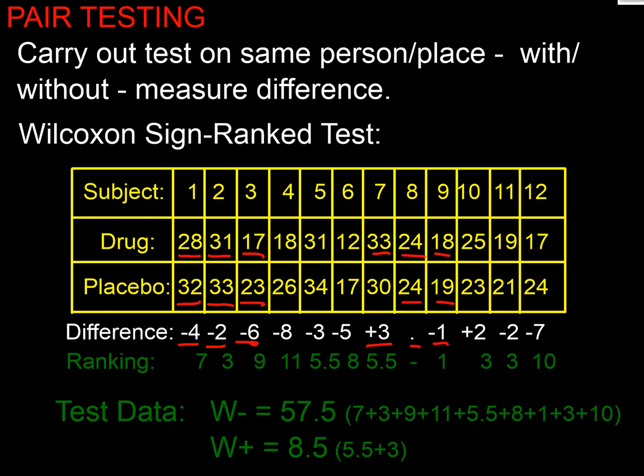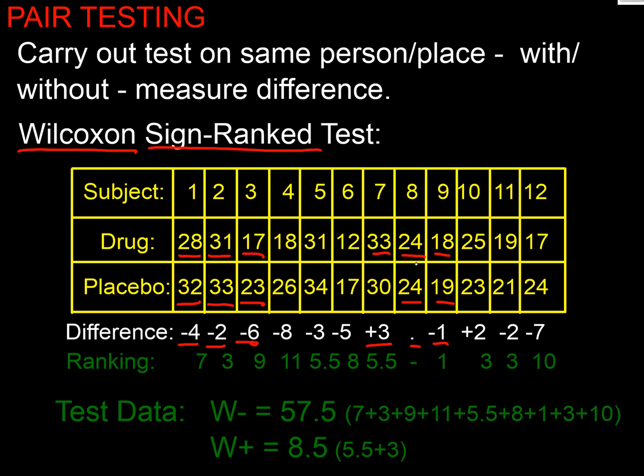So here are our differences, and now we're going to head off into our Wilcoxon signed rank testing as we did before. So what do we do? We've got to rank all this data, and I've put a couple of little nuggets into the ranking for us to think about in this different sort of method. So for number 8, when we get to the ranking, the first one is